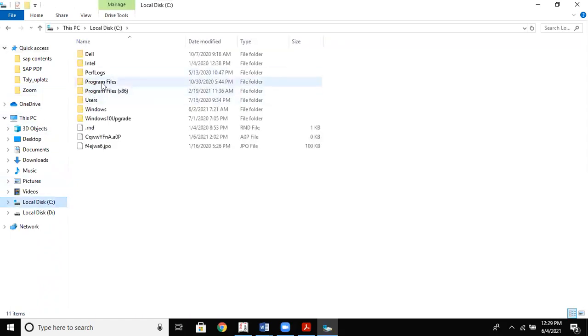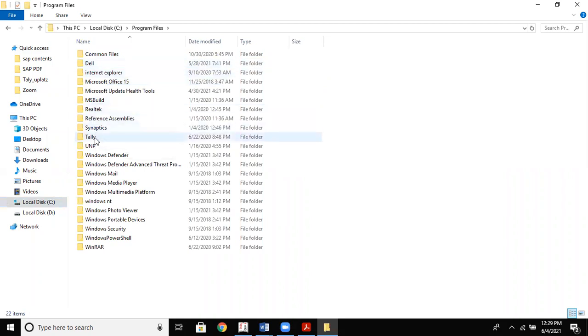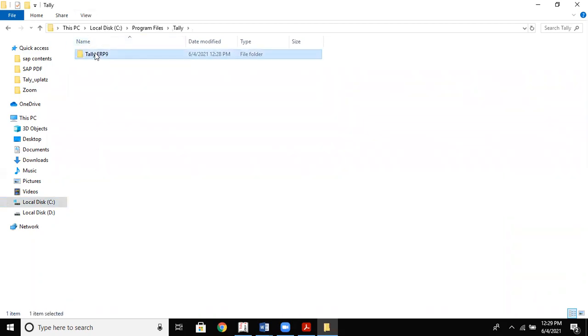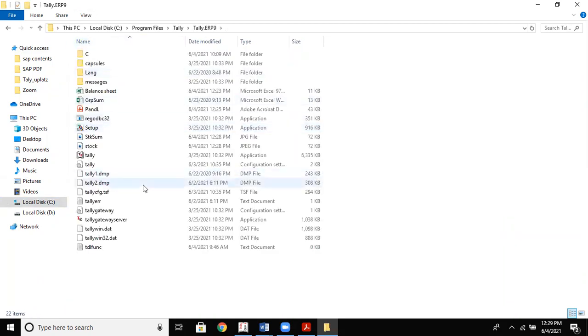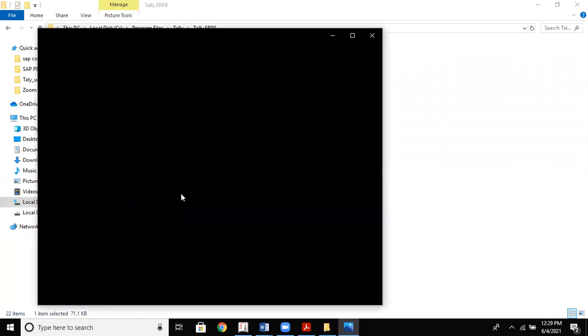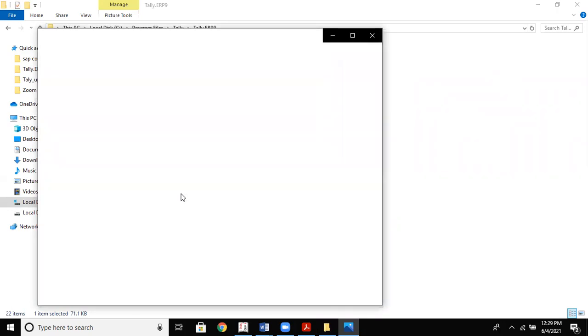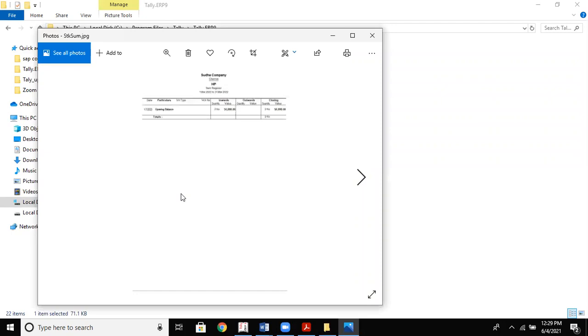C, program files, Tally ERP9. Here you can see the stock summary in JPG format. Can I see?